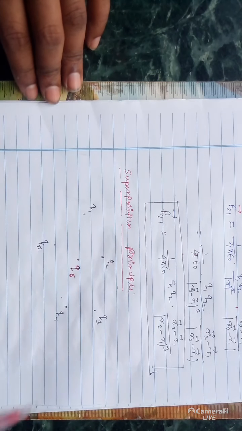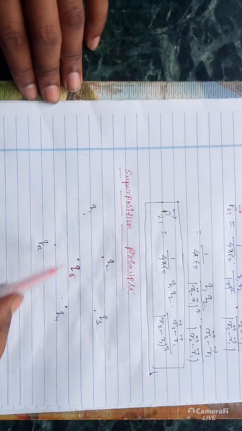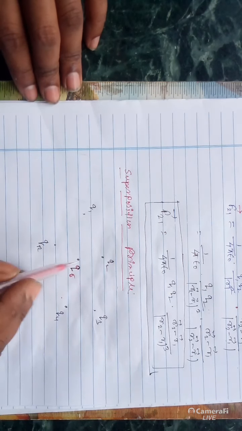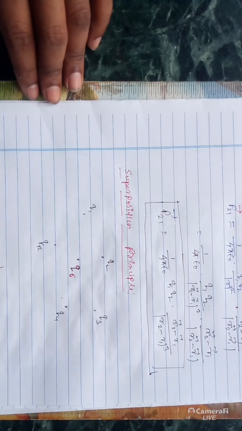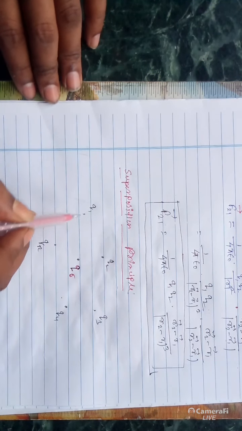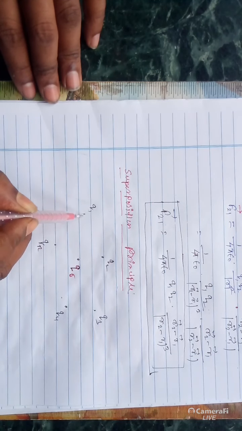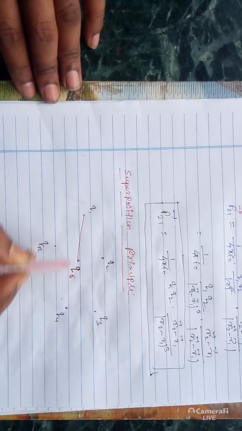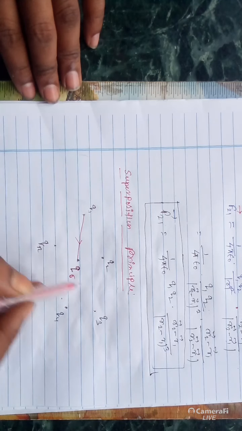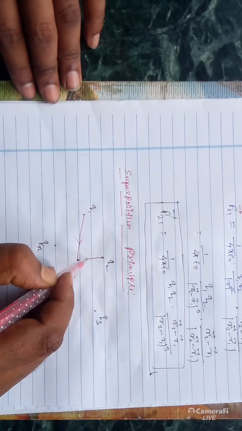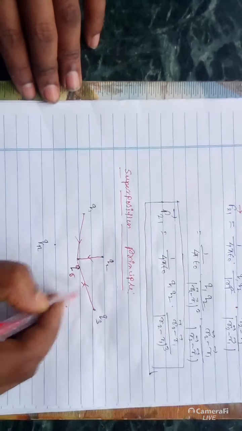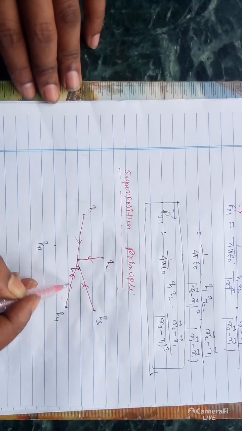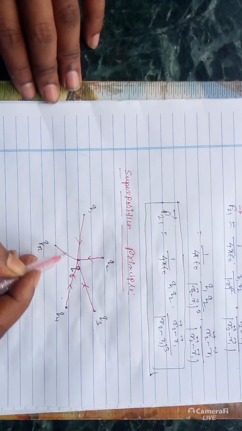Now we have to calculate, so a different force will be there on the charge Q5. What will be the net force on Q5? We have to take the vector addition of every force. Because force is a vector quantity, the force of 1 on 5 you have to calculate. The direction will be along this. If they are positive charges, repulsion will be there. Force from this one also, and from this one also. Everything you have to calculate. N numbers of charges will be there.